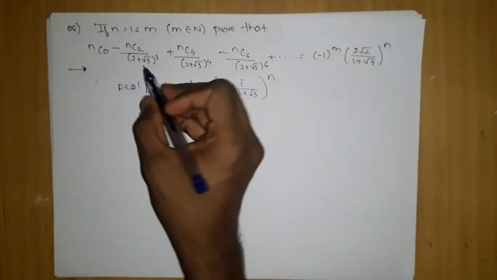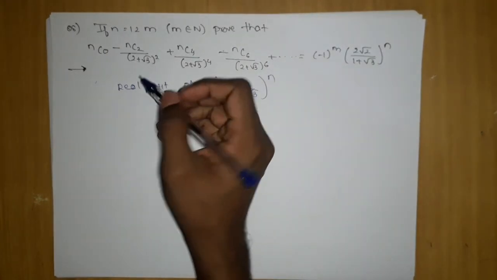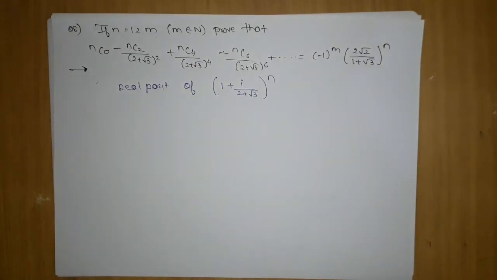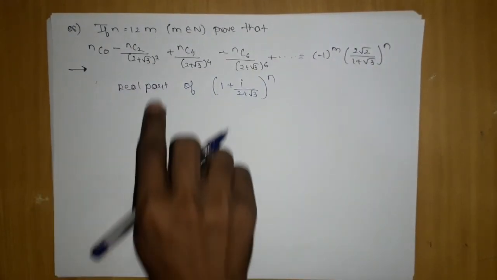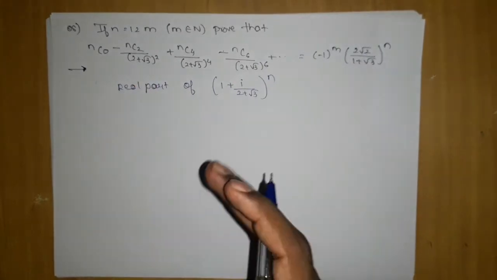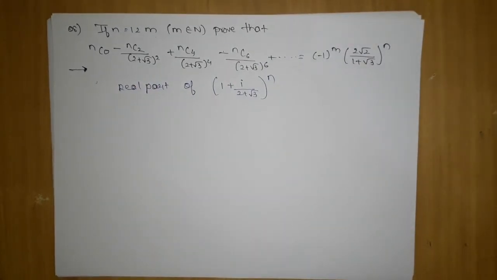How do we analyze? Because here (2 plus root 3) the whole power n, and in the standard expansion we know that if we take 1 then its power moves on like (1 plus x), then its power moves on x square, x power 4, x power 6 like that. It will not move from the opposite, n minus 1, like that. If you take (x plus 1) the whole power n, then it will move like that. If you take (1 plus x) power n, it will move like this.